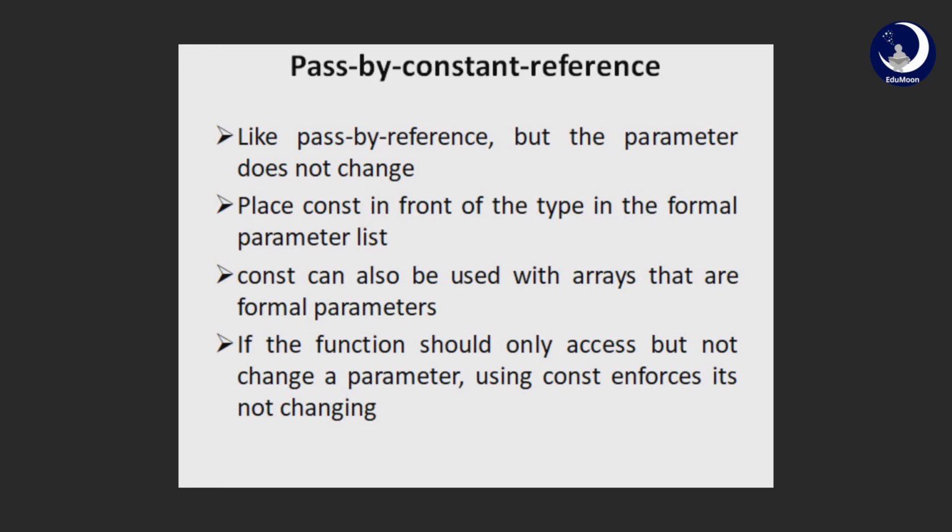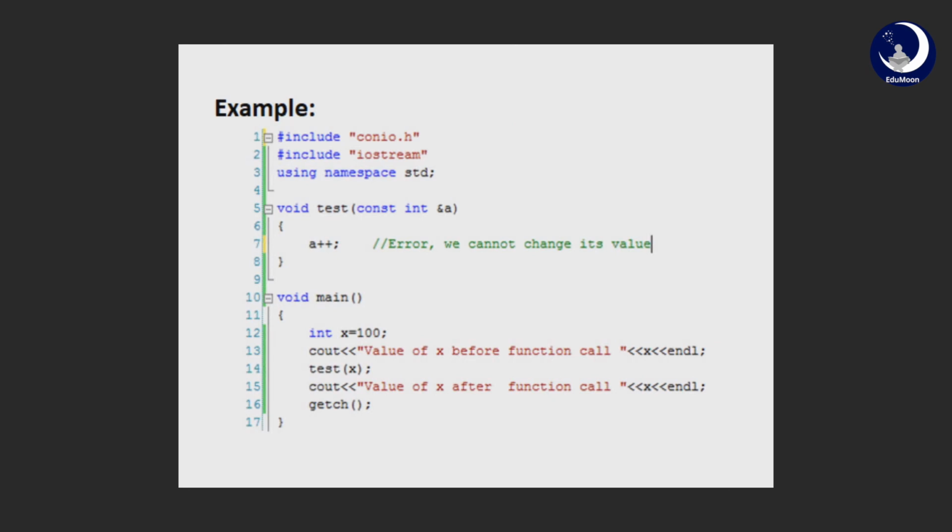That means using the const keyword, you can make sure that the value of the variable in that particular function will never change. So this is the example. Here we can see that in the function prototype, void is the return type, test is the name of the function, const int address of a. We are pointing to the address of a. But what we are doing in the function is incrementing it. And since a is of constant type, when we try to modify it, this might be a plus plus or a minus minus or anything as such, in that case we'll be thrown an error. That's because we cannot change its value.